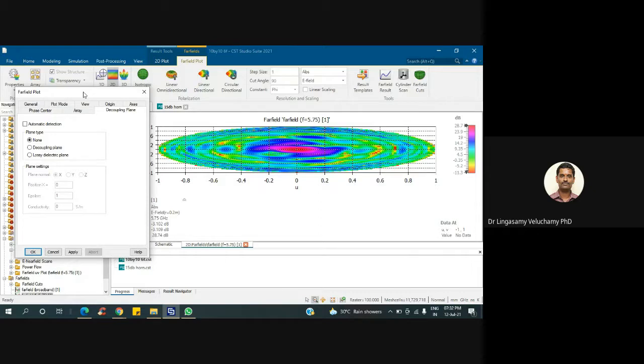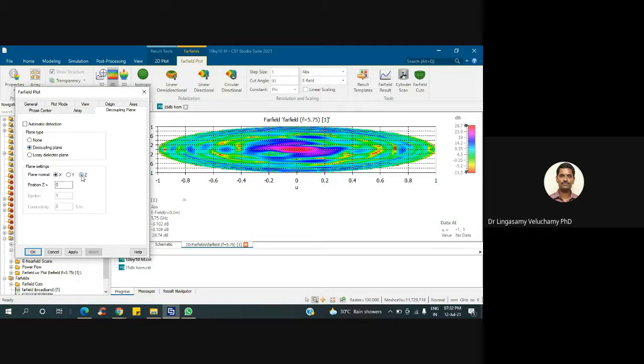Yes, sir. But when you want to measure the S11, where will you measure? You will measure just above the unit cell surface. Okay. So that is called de-embedding. You are moving the plane to that plane. I think similarly you can apply the decoupling plane and see, but I am not sure what exactly this is.